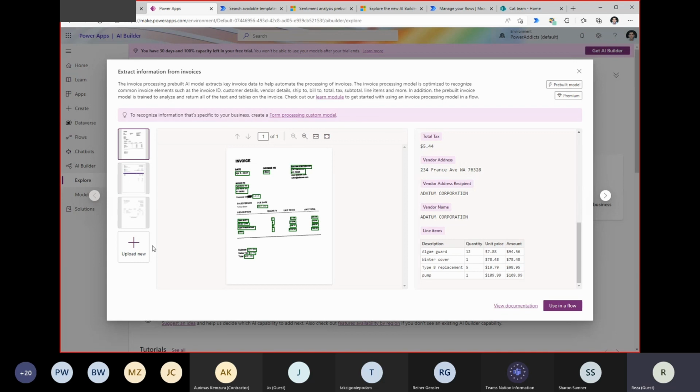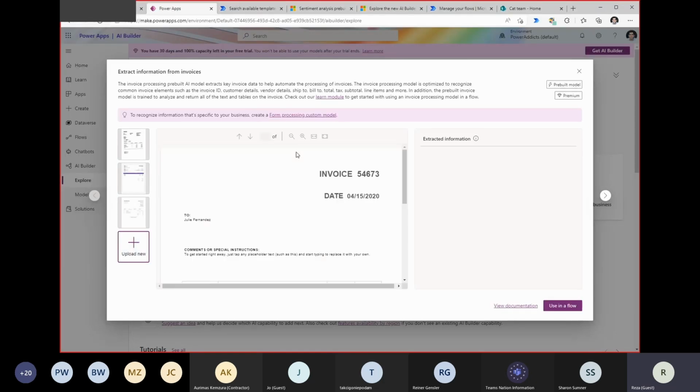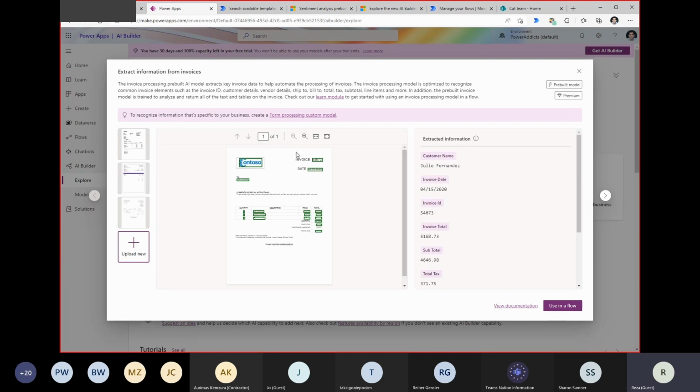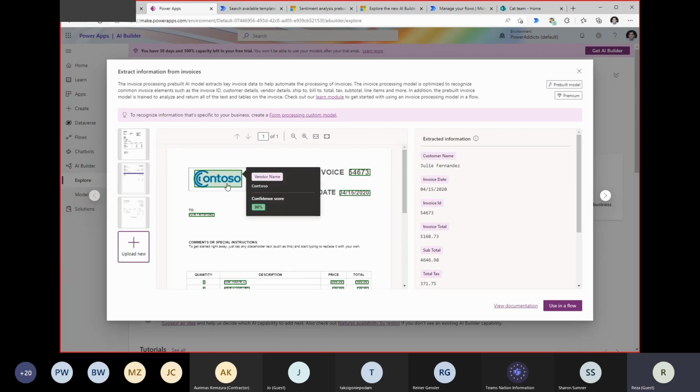Let's test this out with our own custom invoice. So I can click on upload and I will upload an invoice document. This is something sample and custom that I built. If you look at this document that I uploaded, these are the things that it has captured. It has captured the name of the customer, and this is actually an image in my document. So it's doing OCR as well, which is optical character recognition. And it is 96% confident that this is the name of the vendor. So it gives you the confidence score as well. So you can decide whether you want to leverage that value that AI is providing to you or not,